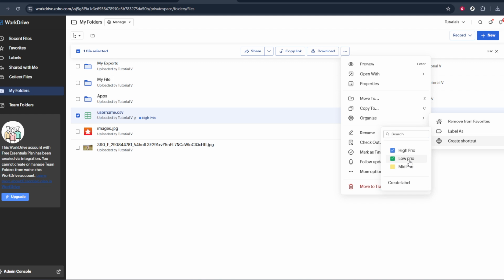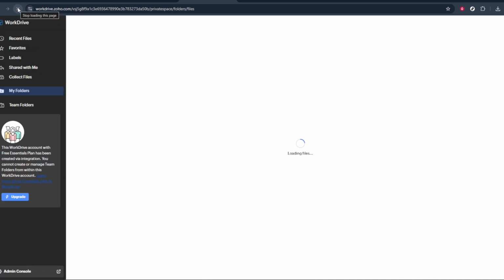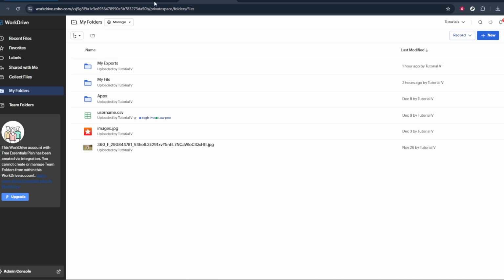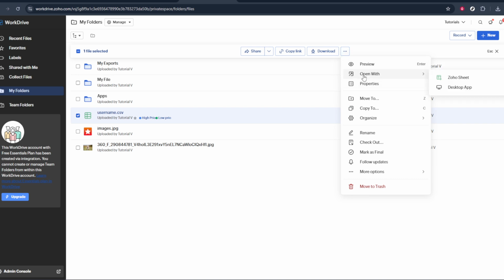The Organize section is where you can change where the file lives, how it's grouped, and which labels are associated with it. Inside the Organize options, you'll see an item called Label. Click on Label. This will open a panel or a small window showing the list of labels that are available in your WorkDrive environment. Now, simply choose the label you want to apply to this file. Click on the label you prefer, and it will be assigned to the file. Depending on your setup, you may be able to select more than one label, which can be useful if a single file belongs to multiple